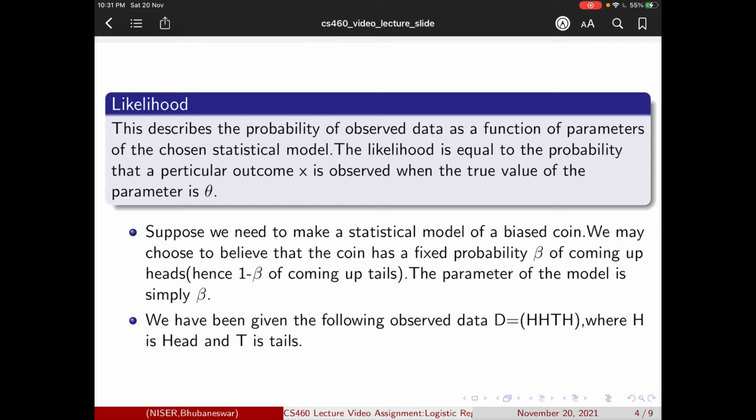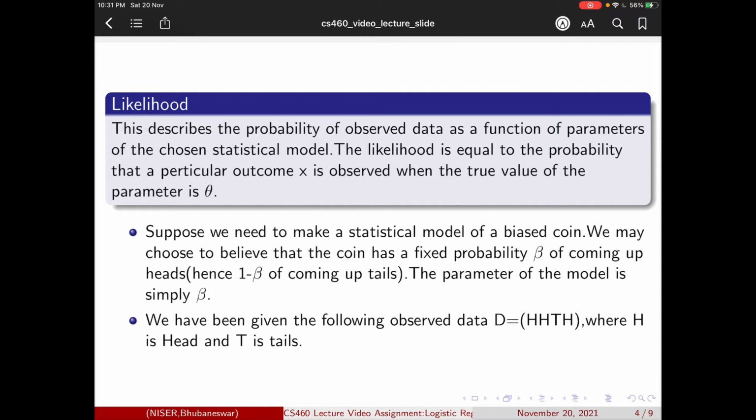Likelihood describes the probability of observed data as a function of parameters of the chosen statistical model. The likelihood is equal to the probability that a particular outcome X is observed when the true value of the parameter is theta. To give an example, let's do the following problem.